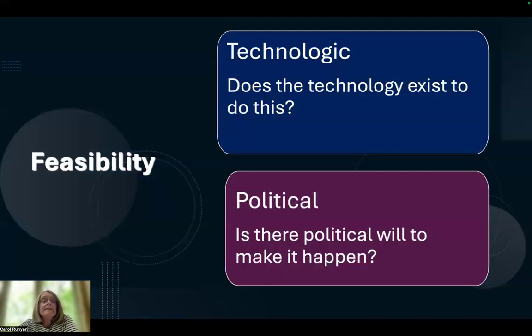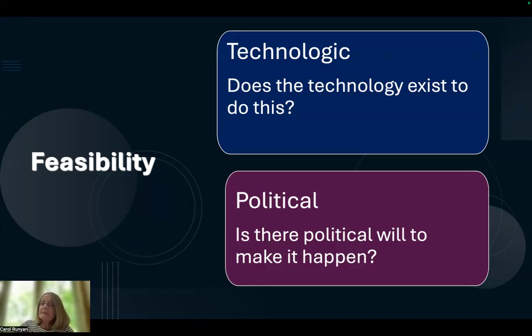And finally is the issue of feasibility. As I mentioned, I always put this last because I think if you think about it too early on, you might dismiss interventions that are potentially useful, but that you get rid of too soon in the process. And if you think about it a little more, they might actually be feasible.